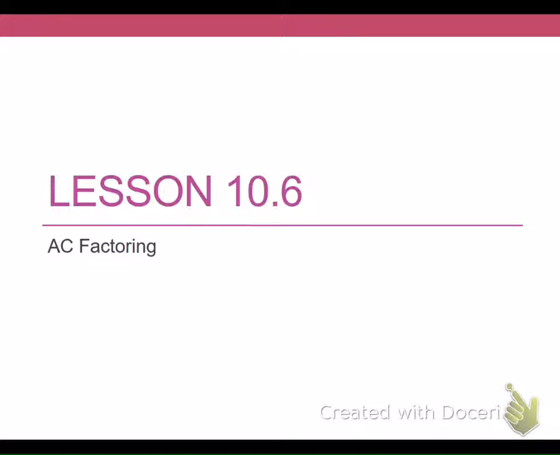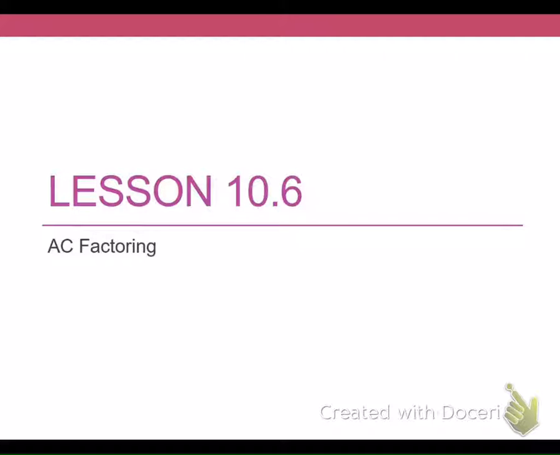Today we're going to do 10.6, and it's going to cover AC factoring. Now, you know yesterday we factored trinomials, and what was the leading coefficient of our trinomials that we factored yesterday? Who remembers? What was the coefficient of x squared in all of our problems yesterday? Was there any number in front of x squared yesterday? No. So it was an understood what? 1. So when we're factoring a trinomial that has a 1 in front of it, factoring is much quicker and